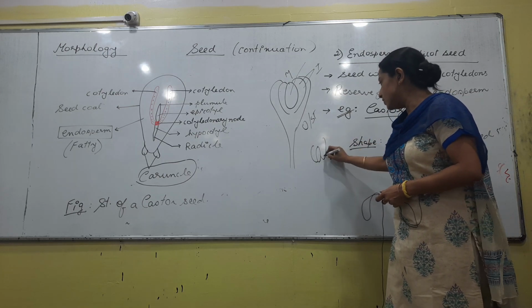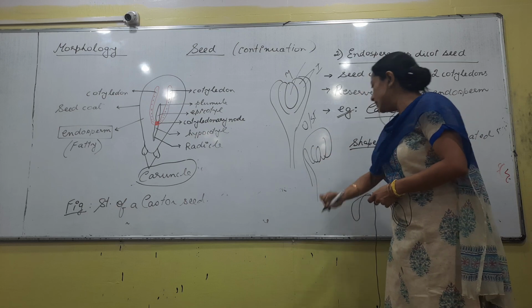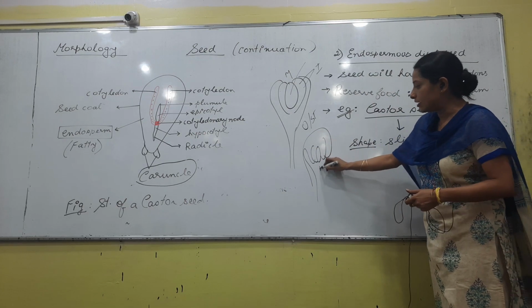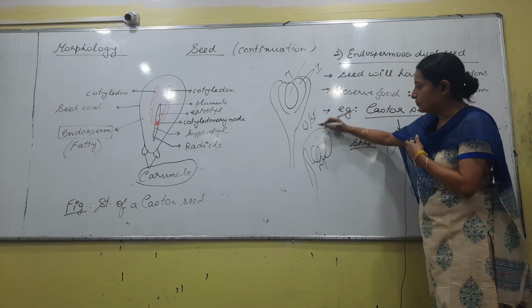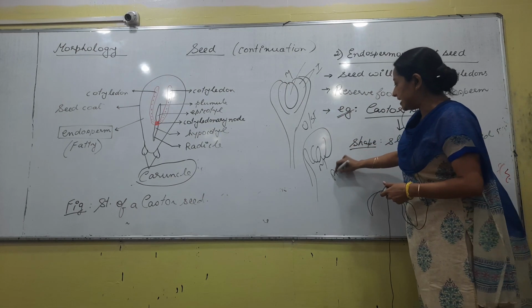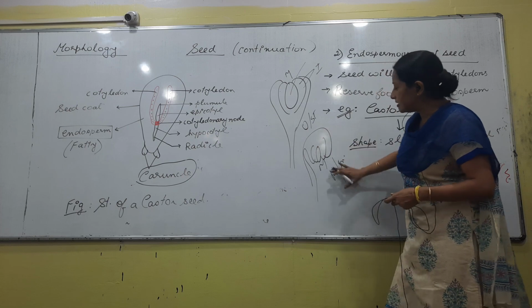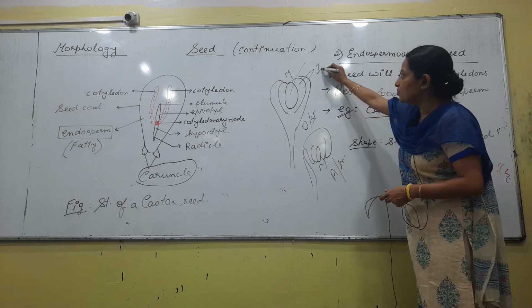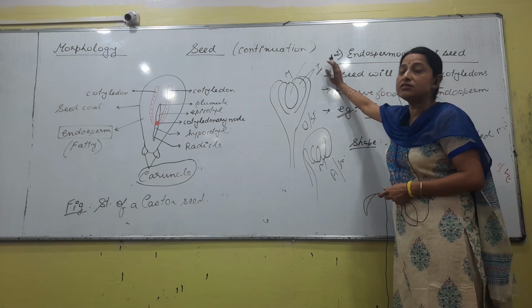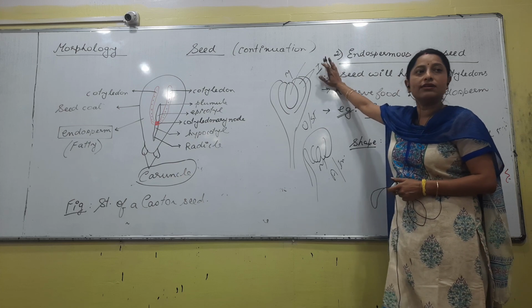In the majority of angiosperms, this is the condition that we see, where the micropyle faces towards the ground, right? In this case, this is called anatropous or inverted ovule. We will not go deeper into orthotropous and anatropous. We are concerned with this word called integuments. What is an integument? The covering of an ovule is called an integument.